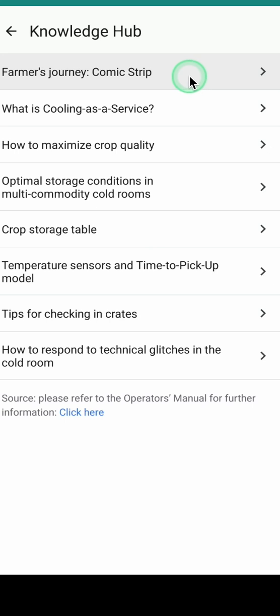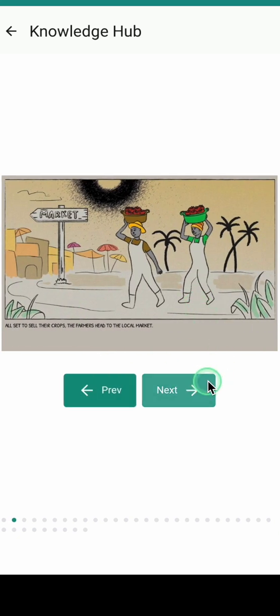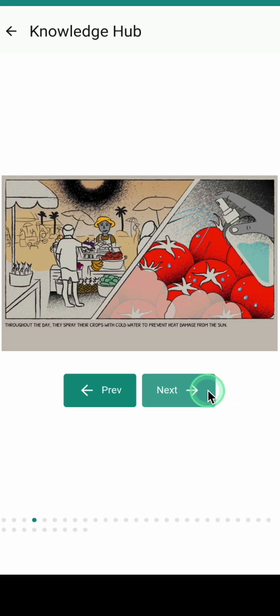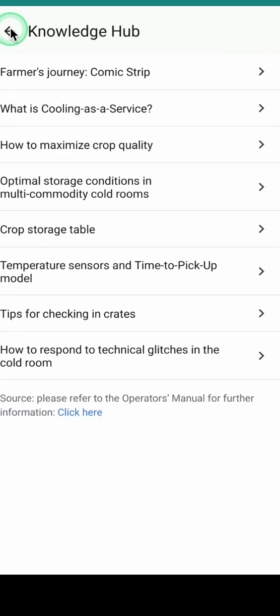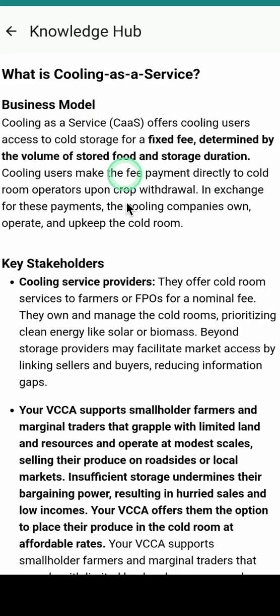I will start with showing you the comic strip, which is a comic that we have developed that explains the journey of two farmers as they start and learn about using cold storage to store their crops. So you can navigate through the screens, clicking on previous and next, and you can watch the full story. We can also go back, and then in the next set of pages, you will see that sometimes there is